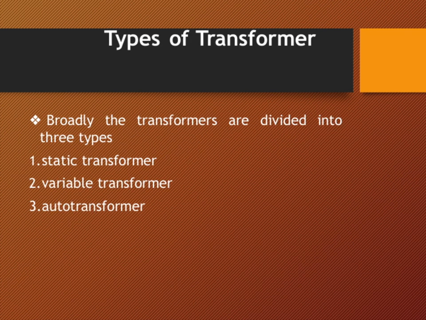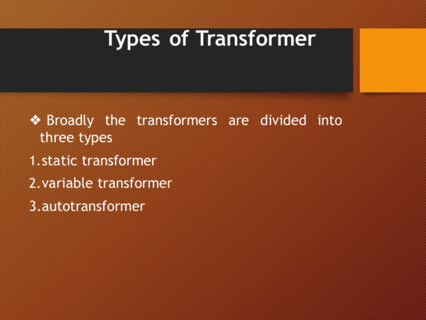Today, we're going to look at the three main types of transformers. Broadly speaking, they are static transformers, variable transformers, and autotransformers. Static transformers are the most common. They work on the principle of electromagnetic induction and are used to step voltage levels up or down without moving parts. Variable transformers, on the other hand, allow us to adjust the output voltage manually, giving more control in applications like testing or